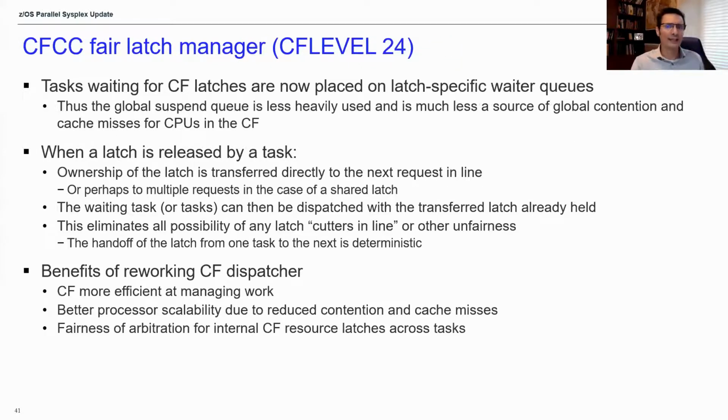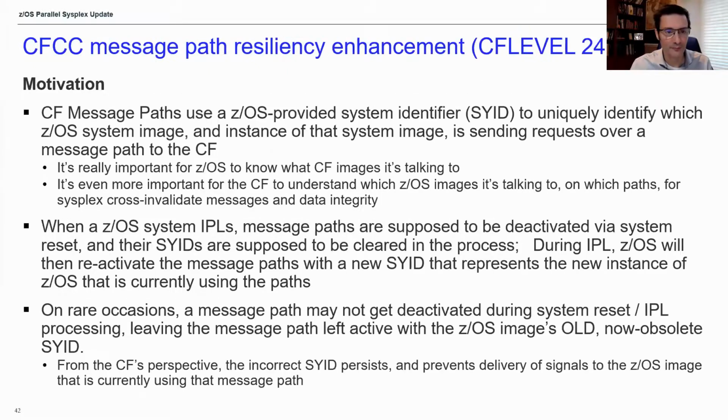With CF level 24, there's nothing you have to do externally to exploit this function. The bottom line is they use this global suspend queue much less, and as a result, it's much less a source of global contention, and you'd have fewer cache misses for the CPU and the CF. Also, things are going to truly be FIFO. There's no more cutters in line, and you're going to have more fair latching. And again, the CF is more efficient at managing its work. The next one is